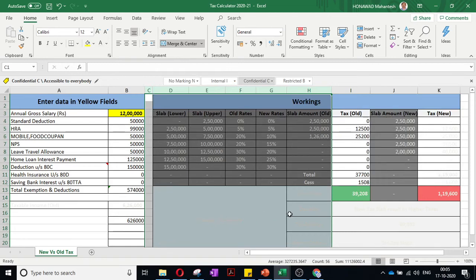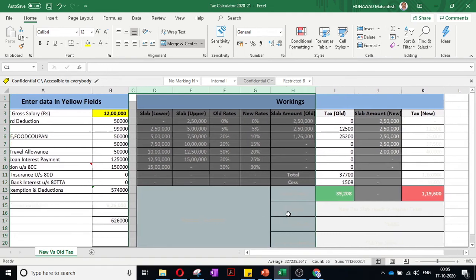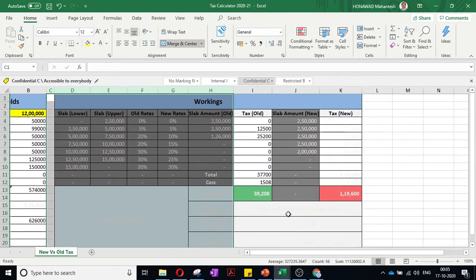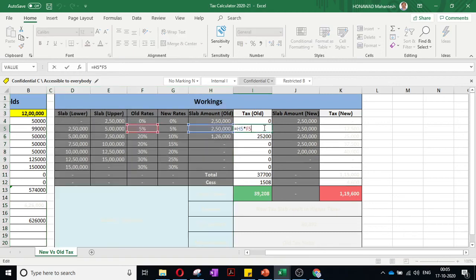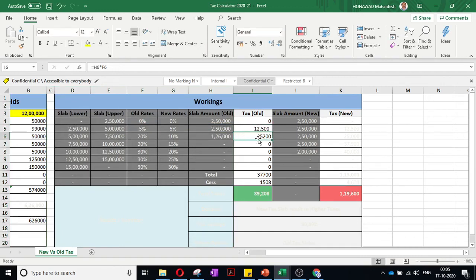Why I have added this is not to confuse the old and new. Okay, so I will just click. That is in old rate for the remaining 2.5 lakh, it is 5%. Now 1,26,000 remains, that will come under the 20% bracket. So for that, 25,200.